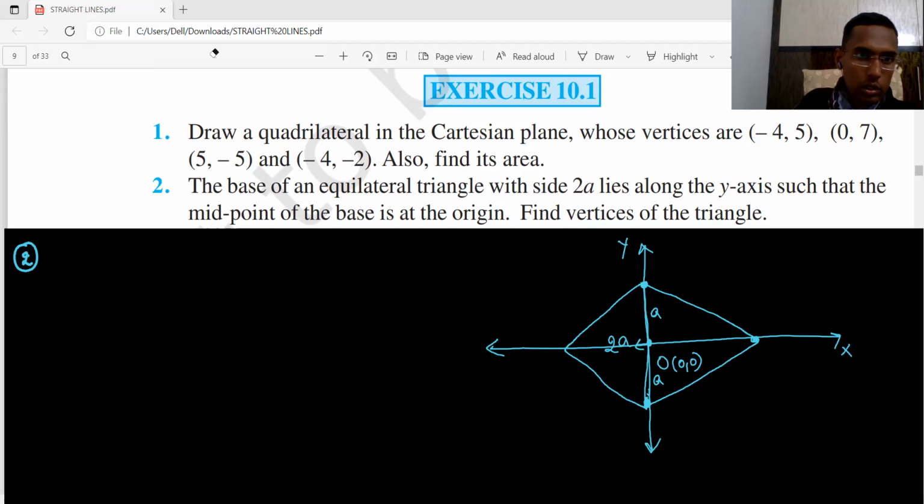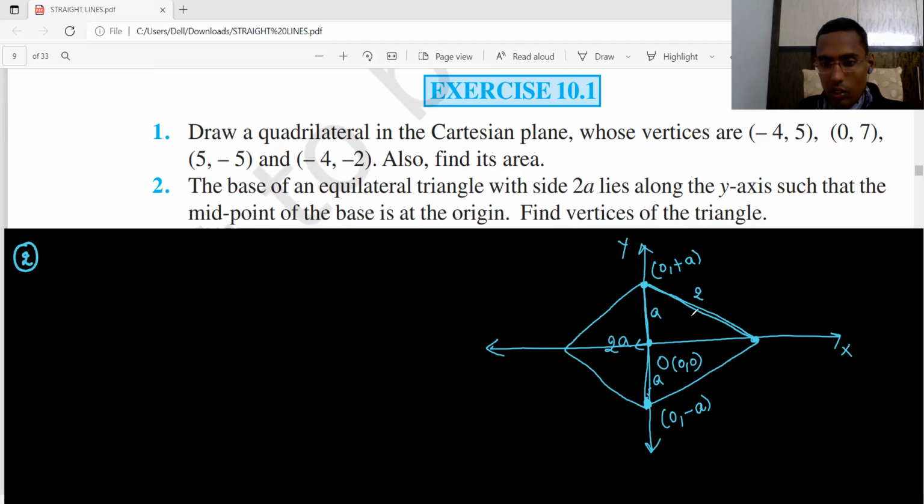Yeah, correct. This is what you can understand. This is 0, minus A, right? This is origin, meaning this is A units up, right? It's 0, A. The one below is 0, minus A. Yes, sir, 0, A. Good. So this is 0, minus A. Therefore, this is A, all right? So this side is how much?